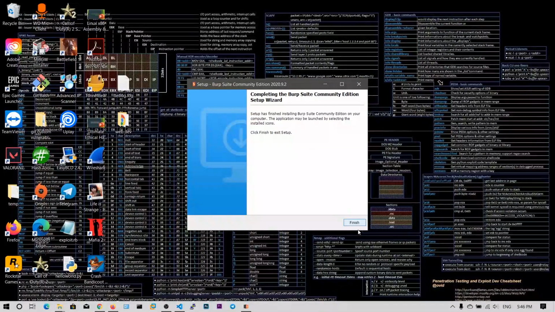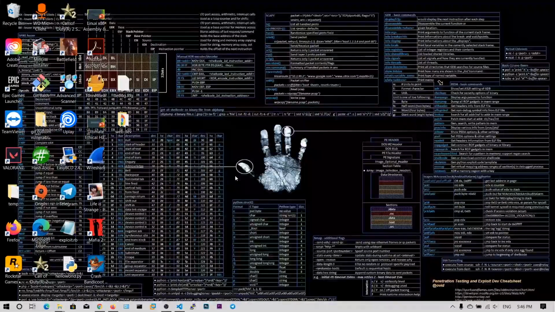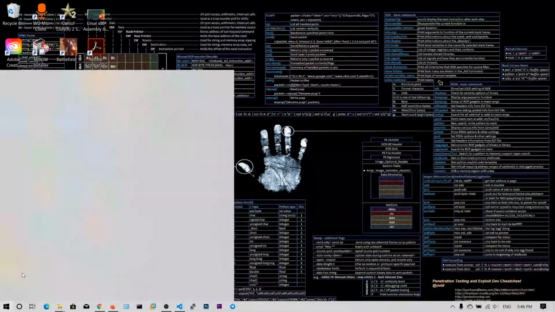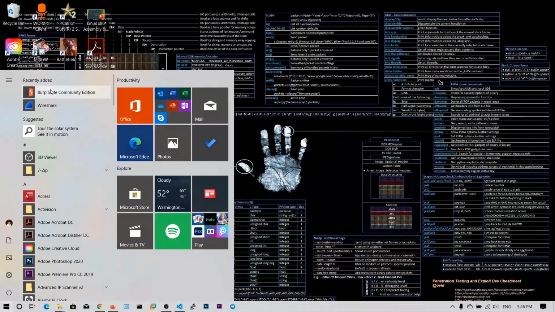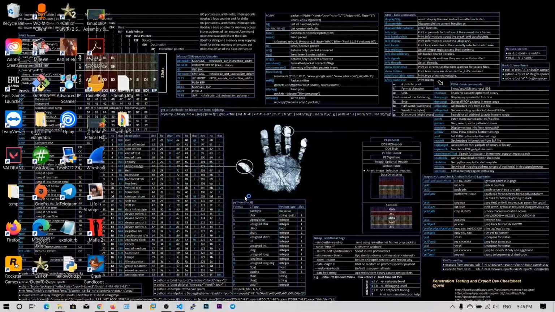Now it has been installed. Click on finish, and we should search for Burp. Oh, click on Burp Suite Community Edition.